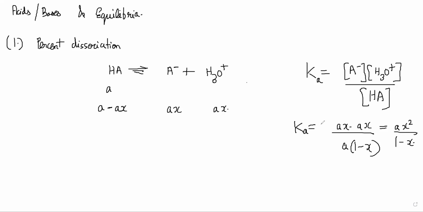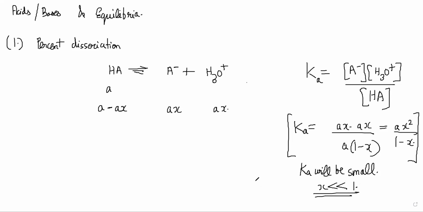If it is a weak acid, Ka will be small, A will be small, and x will be much smaller than 1. Then you will be able to ignore the 1 minus x. So you will write Ka will be equal to Ax square for a weak acid,